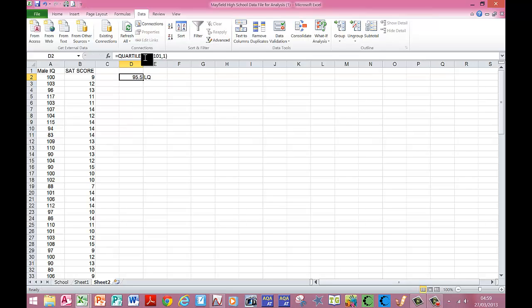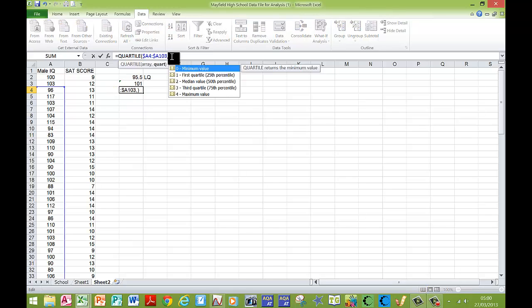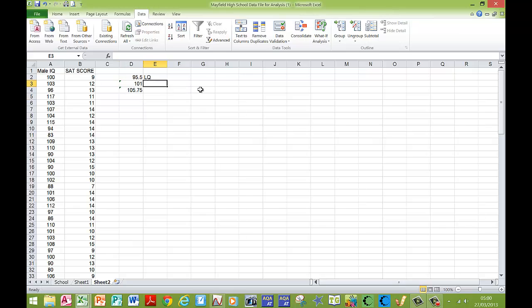Now, to make sure that I can use the same range of data for all the quartiles, I just put dollars in front of the cell references. That then fixes them, so I can just simply copy that down 3 times, and I can just change each of the quarters to the second quartile. So that's going to be the median, and the third quartile, which is going to be the upper quartile. So that gives me the median, and that then gives me the